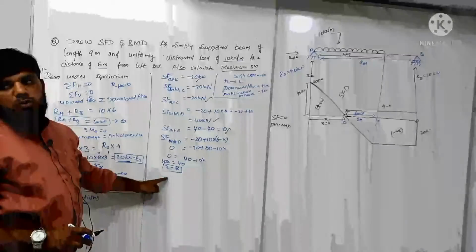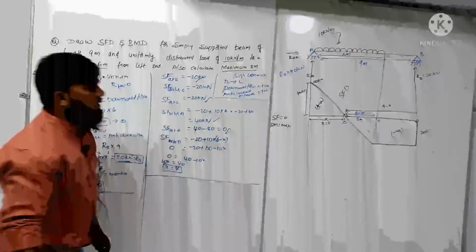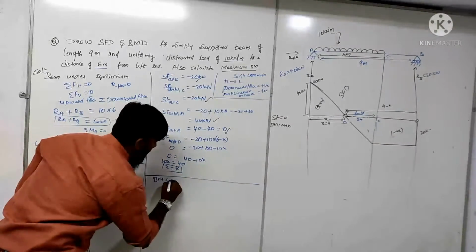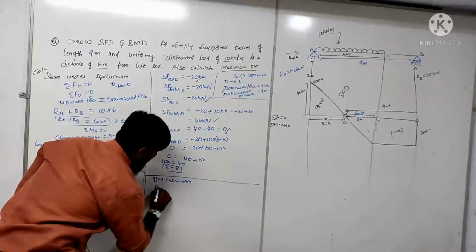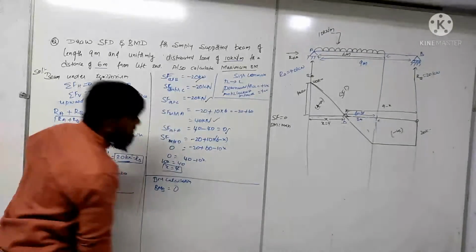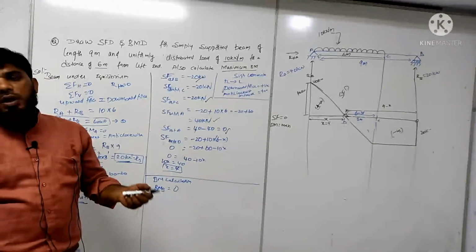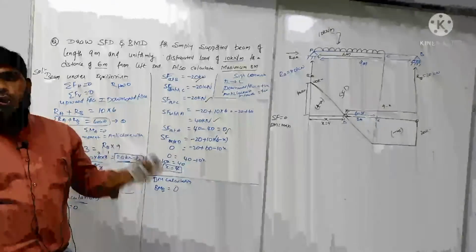While calculating the moment, you have to even calculate the moment at point D also. Okay. Now let us take the bending moment calculation. So what is the bending moment calculation? First, bending moment at point B is equal to 0, because we are having a load but no distance.